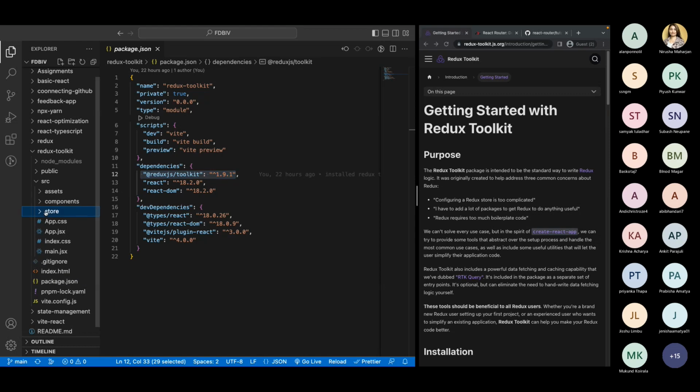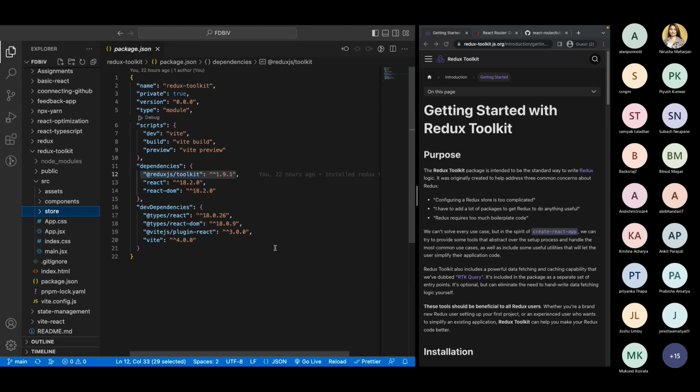This is the single store that we will be using in our entire application. When we have an application, maybe you are creating an e-commerce website. In that e-commerce website as well, you will have a single store. So the main goal or main purpose of using Redux instead of context API is to use only a single